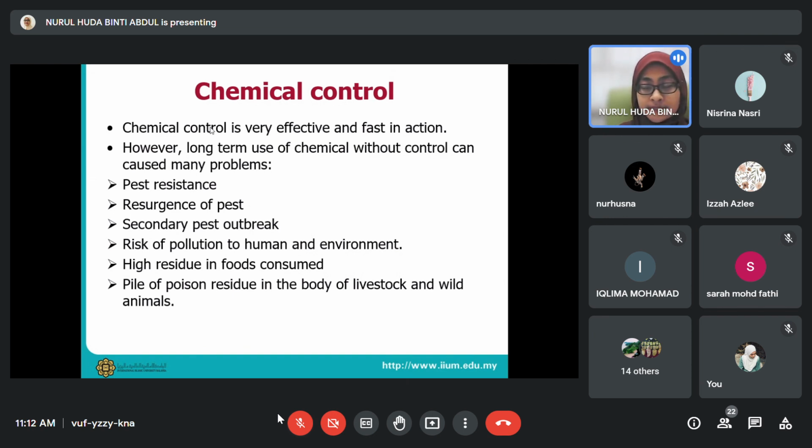First tadi pest resistance, and then resurgence of the pest, secondary pest outbreak. Okay, secondary pest outbreak meaning that katalah in your area you have two type of pests, pest A and pest B. Pest A is the main pest. Okay, and then you buy insecticide to control the main pest. You spray the insecticide. Your main pest, which is A tadi, okay, dah remove from your area. But you have another pest, which is, we call it secondary pest, which is at the beginning due